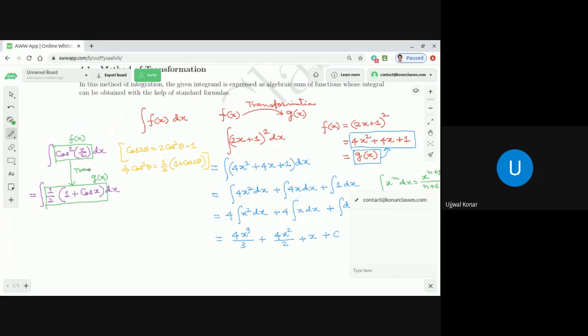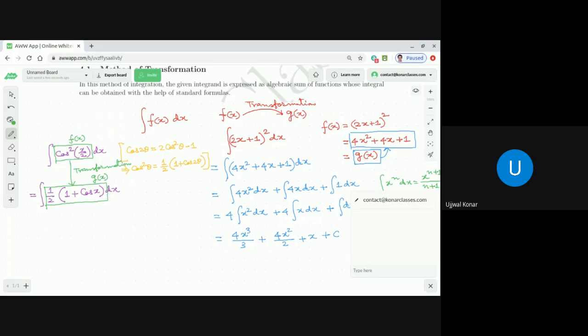Now you may ask, though you are not asking, but ideally the question may have come from any one of you, sir, why this transformation? The transformation, because so far there is no standard formula for integration of cos square x by 2, correct, dear student? Open your formula sheet, you will never find it. I know the formula for integration of cos x dx. What is that? If I ask you, Devansu, what is the integration of cos x dx?